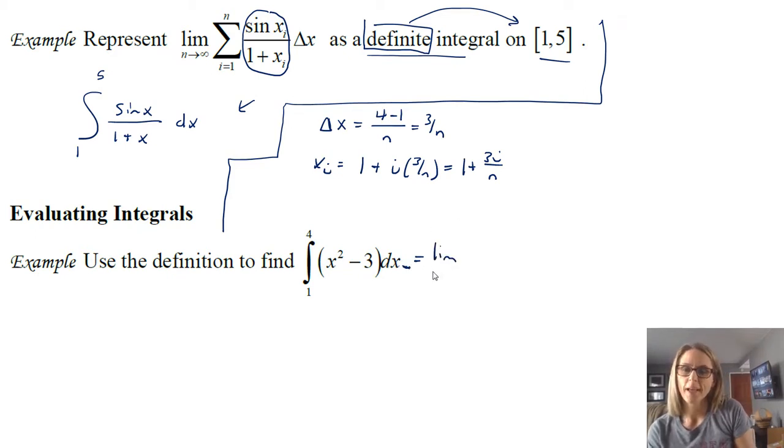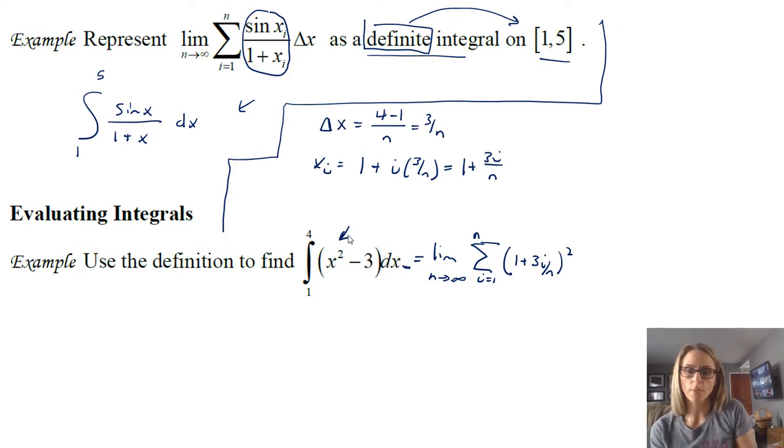All right, so the limit as n goes to infinity, and then remembering from last section, we're going to take the sum as i goes from 1 to n, okay, and we're looking at the limit as n goes to infinity of the sampling points 1 plus 3i over n in this function. So notice 1 plus 3i over n squared, because that's here, okay, so I'm replacing x with my sampling points, minus 3, that's it, and then of course times the change in x, your delta x, so 3 over n.